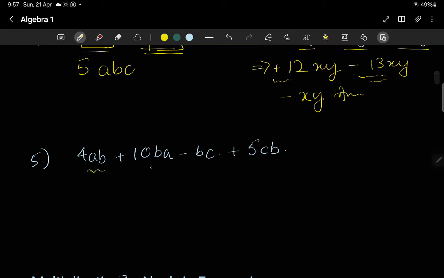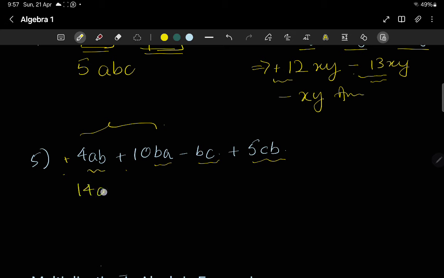4ab plus 10ba minus bc plus 5cb. So first we will do 4ab plus 10ba. In this case we can see the order is different but the variables are the same, so it is also possible. So plus, plus, 4ab plus